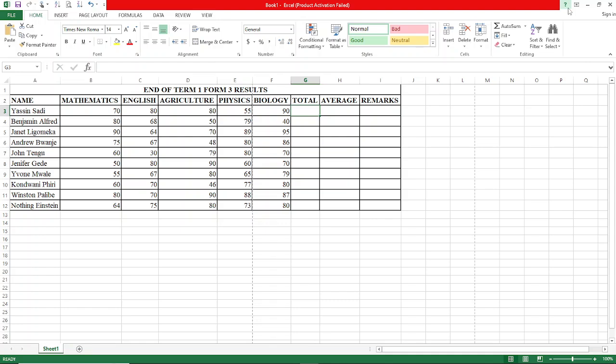What is a formula? Basically, a formula is just an equation that you write manually. For example, we want to find a total for this student. So we are going to add 70, 80, 55, and 90. But in Excel, if you want to punch in a formula, then we are going to say is equal to,